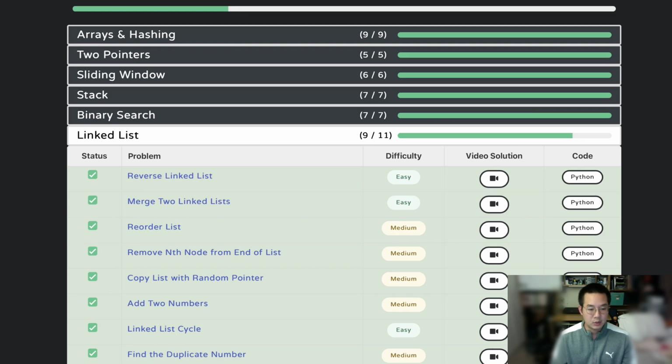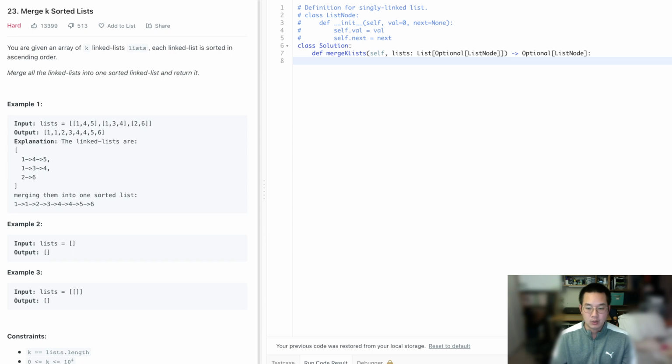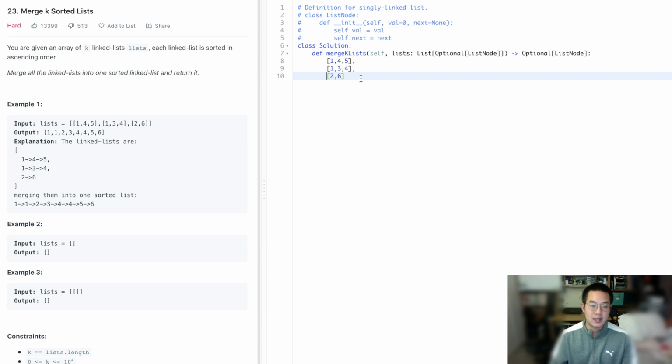Hello there. Today we'll be doing merge k sorted lists. Pretty simple problem. What we're trying to do is merge all of these items into sorted order. And these are linked lists, so they're a little different from our list, but we can merge them all the same. The method that we're going to use, the fastest method, is going to be n log n because